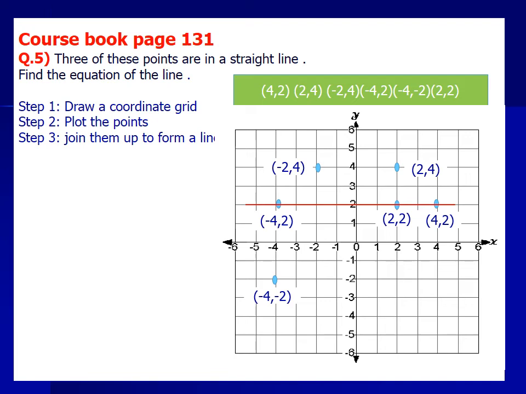You can see the value of y here is constant, 2, 2, 2, while the value of x is a variable, different values. So, our equation will be y equal 2, because this line is a horizontal line